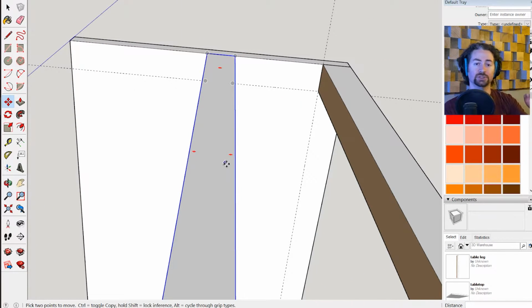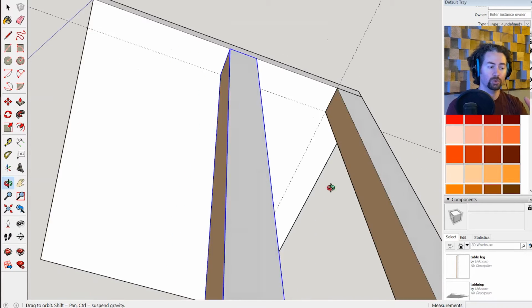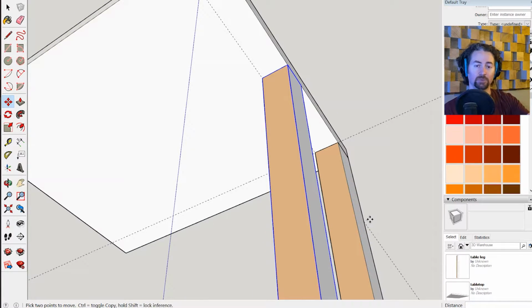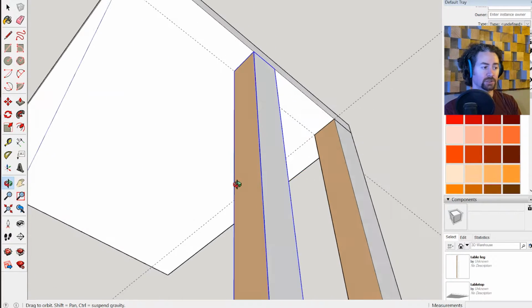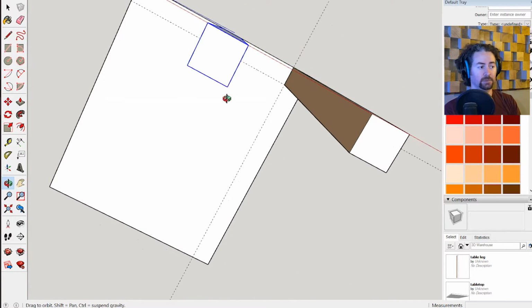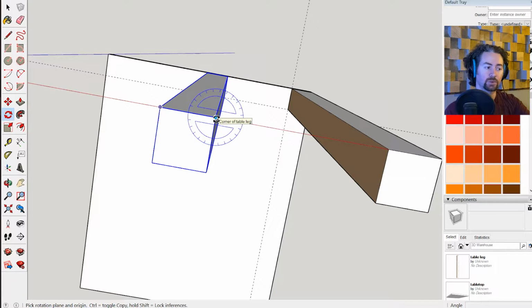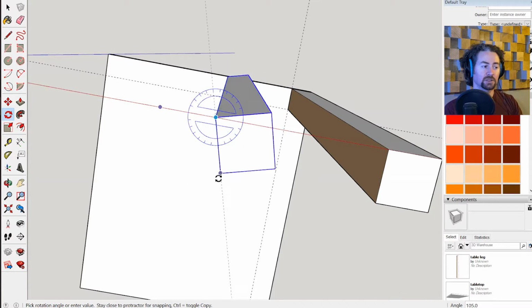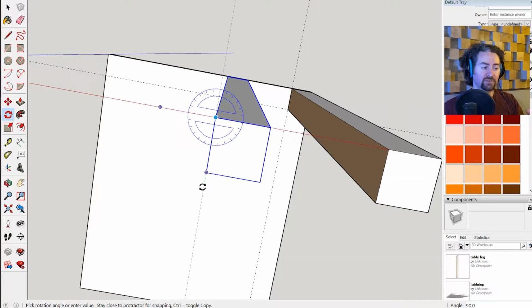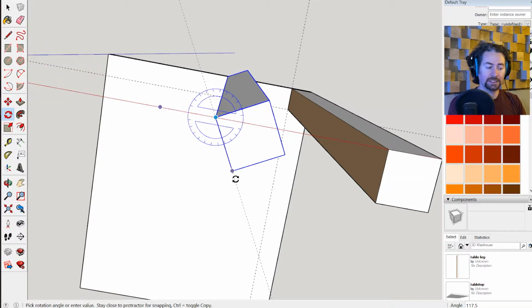Now what I need to do is rotate this so that the orange face is facing inside the table on all the sides. So what I can do is zoom out to the bottom, which will be the easiest place to rotate from. Select the rotate tool. So I wanted to rotate along this corner. I'll click that corner and then go over here to this other corner and click again. And that will allow me to rotate it like this. It should snap to 90 degrees, but if it doesn't, you can just type in 90, enter.